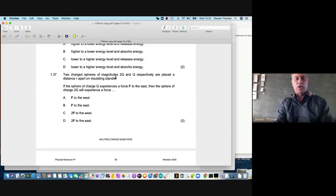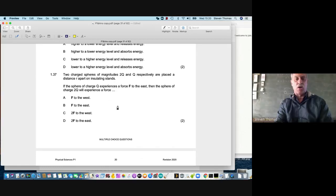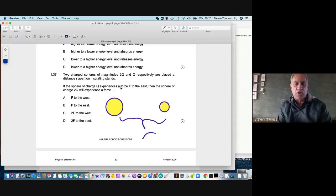Two charged spheres of magnitude 2q and q, respectively, are placed a distance r apart on insulating stands. So there's 2q, and there's q, and they are placed a distance r apart. If the sphere of charge q experiences a force of F to the east, then the sphere of 2q will experience a force of...